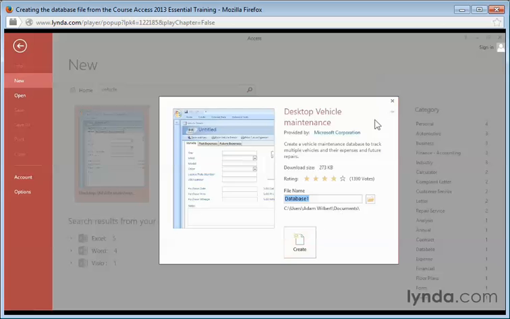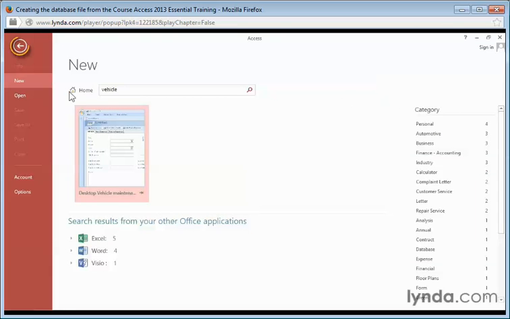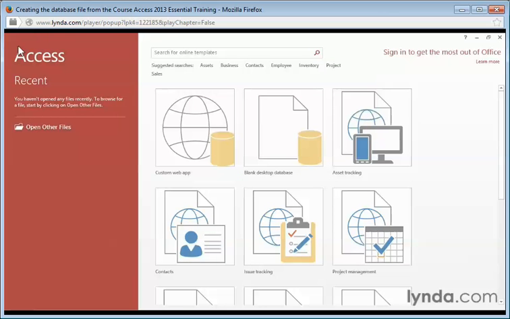I'm going to press the close button on the upper right-hand corner to dismiss this window. Then I'm going to press the back button here at the top left to return to the beginning. Now, any of the templates that use the web app phrase, like the custom web app here, or the globe icon, such as this contacts template, these templates use the web-based SharePoint servers to host your database and make it